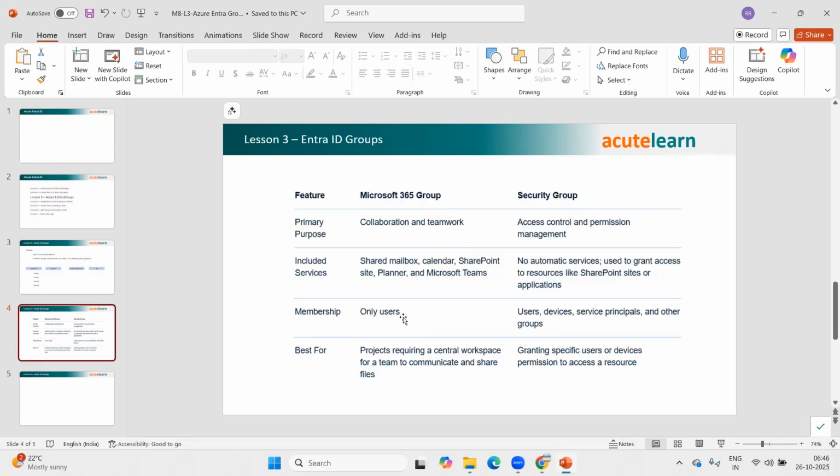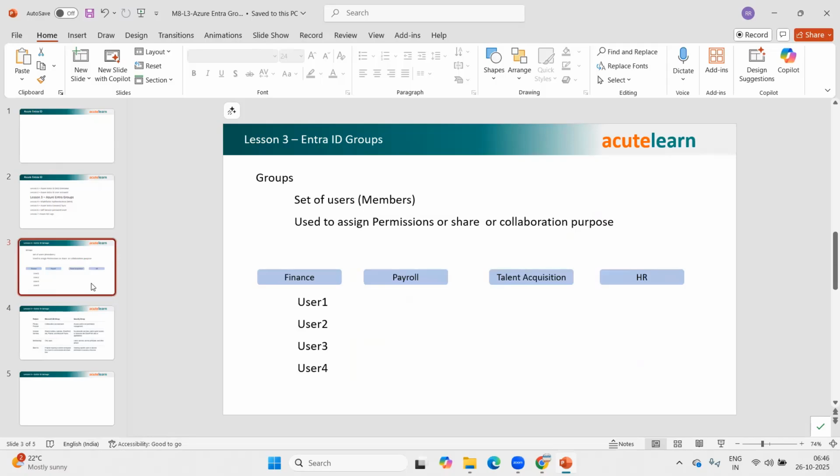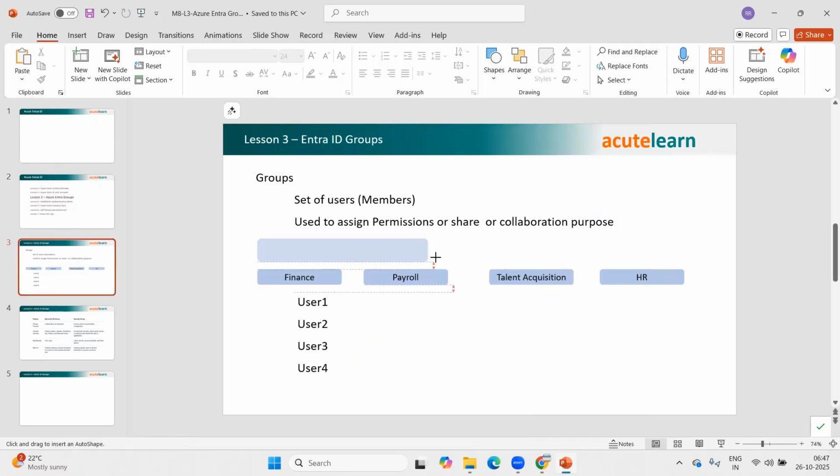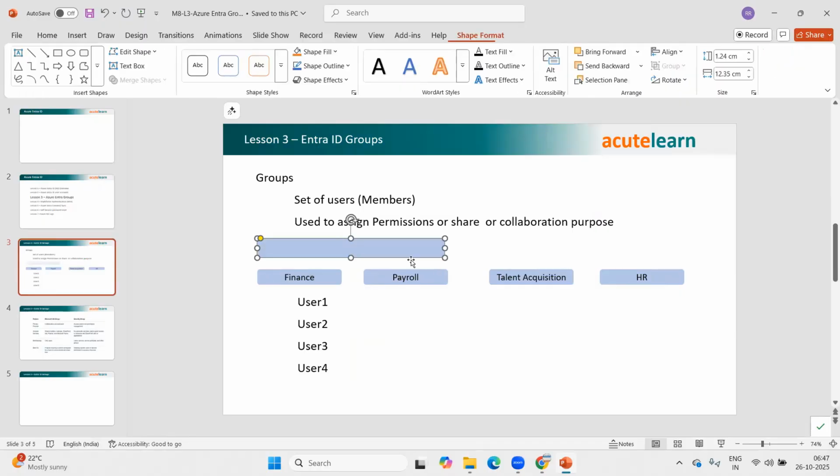Okay. So only members can be part of this particular group, whereas a security group can have members like users, devices, service principals, and other groups. So in a simple way, I cannot create an Office 365 group by adding these two groups into it. For a security group,